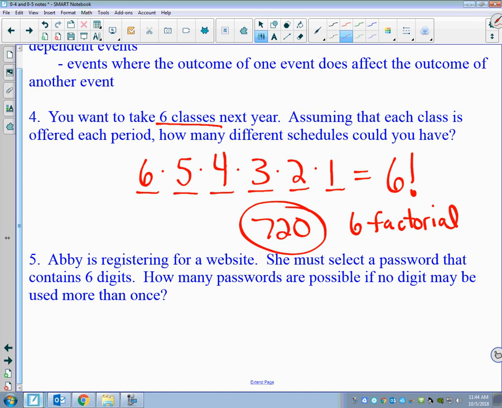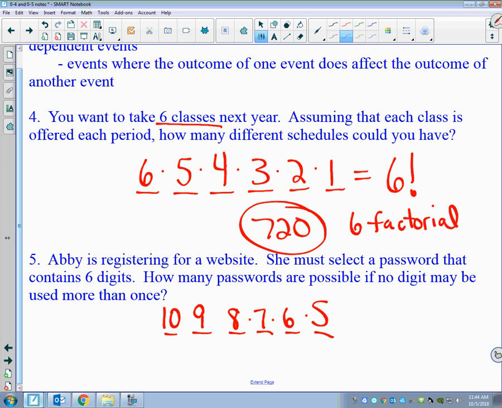So it says Abby is registering for a website. She must select a password that contains 6 digits. How many possible passwords are there if no digit can be used more than once? So again, it's kind of like this, right? 6 digits. But how many digits could she choose for the first one? Well, there are 10 digits, but we're saying you can't repeat it. So each one's going to go down by 1,